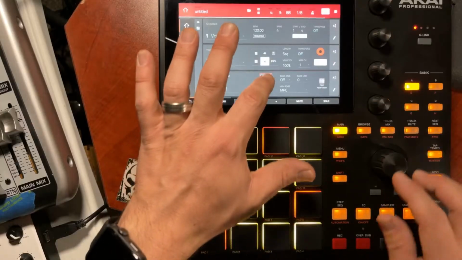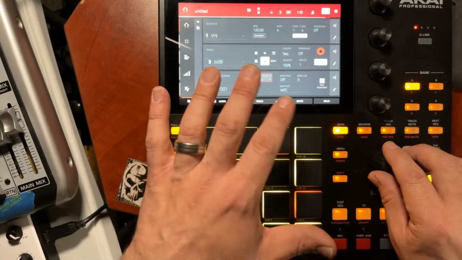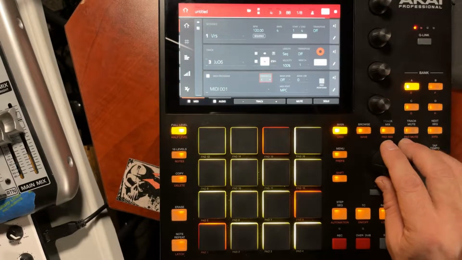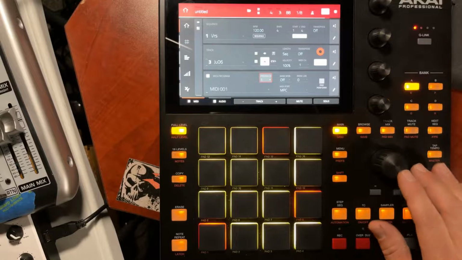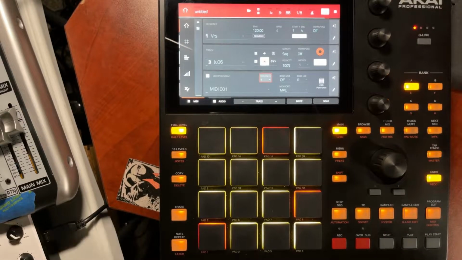So as you're creating, you can only imagine that your verse has one sound, you save it, and then your chorus has another sound and you save it. And if you program the channel in there, it will change the patch of your hardware synthesizer. Just a quick tip. All right, guys, so now that we've done that, let's go ahead and record the JU06